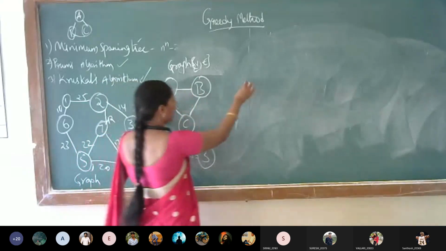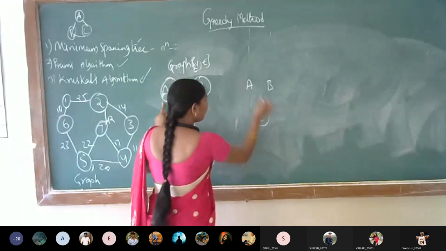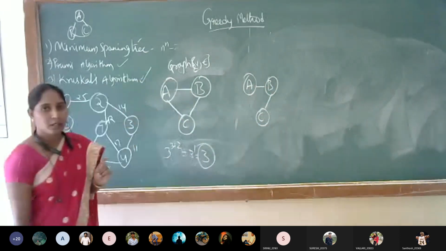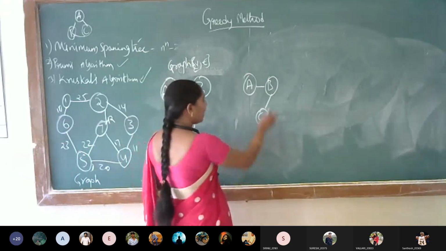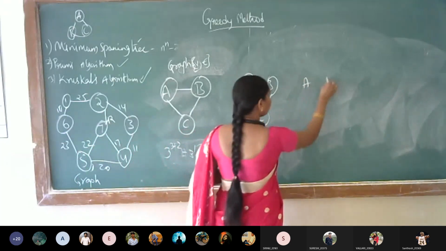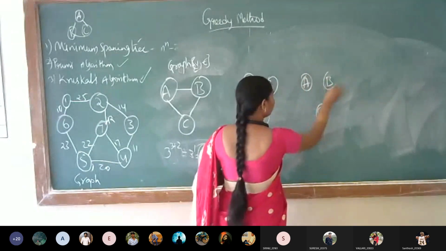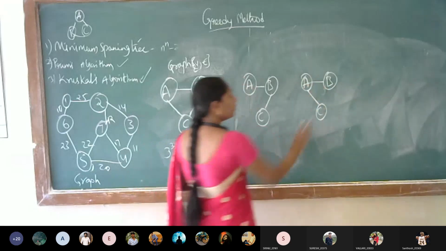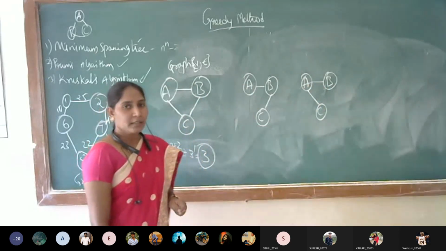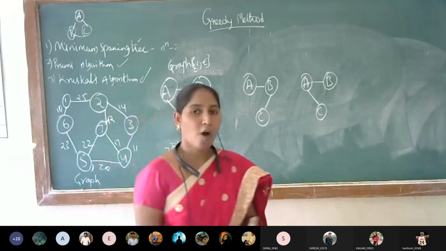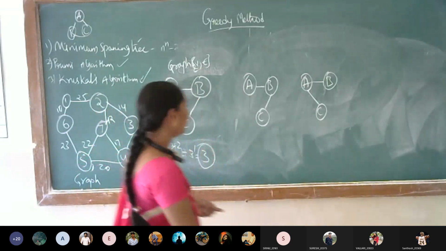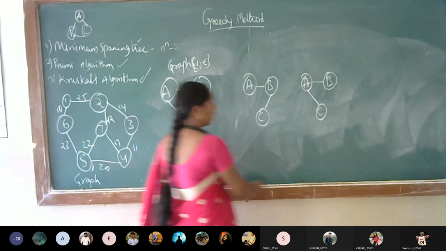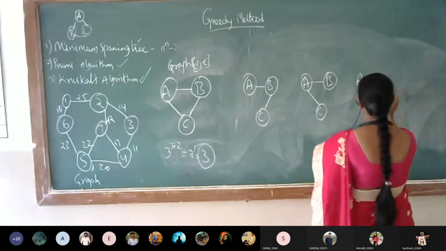First of all, one graph I'll be getting is A, B, C. First, I'll be visiting from A to B and B to C. This is one graph, and another graph I'll be getting like this: I can visit from B to A and A to C. That means all the vertices should be visited. So these are the two different graphs I'm getting. And I should get three graphs, so another graph I'll be getting as